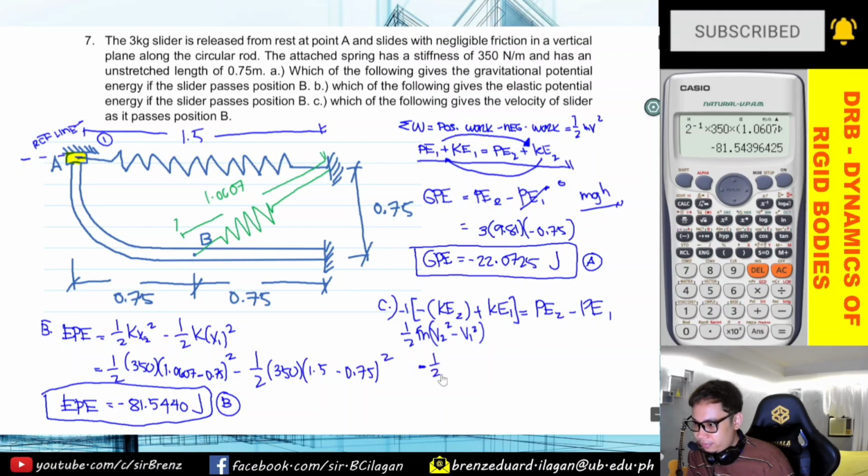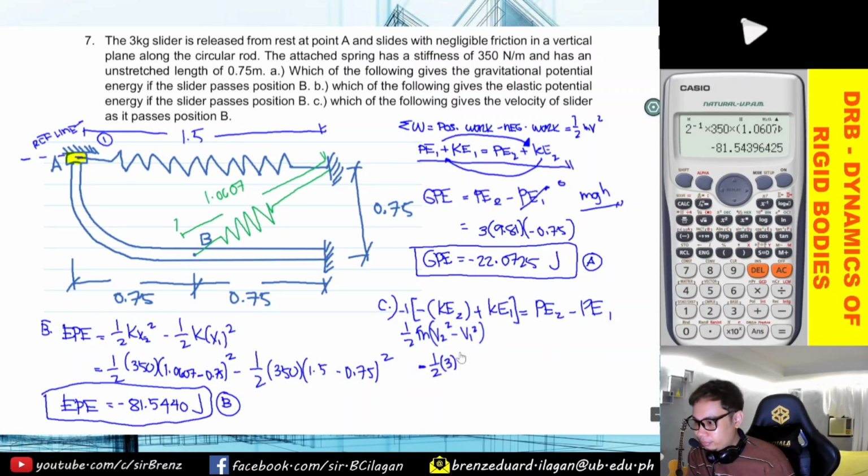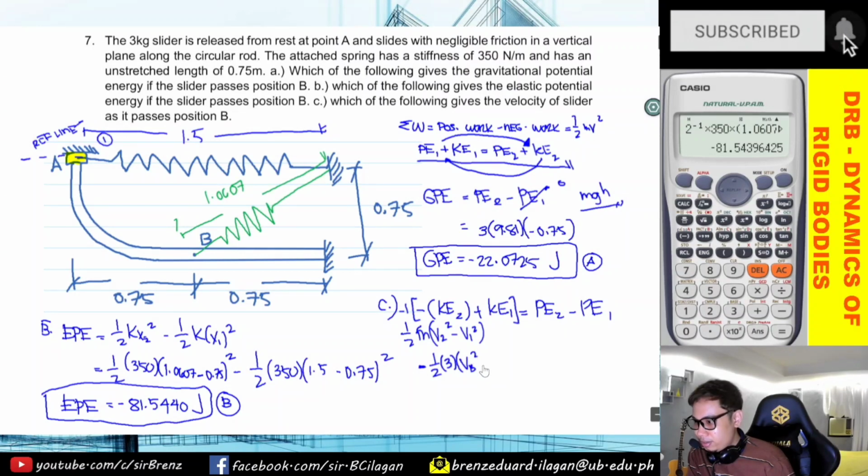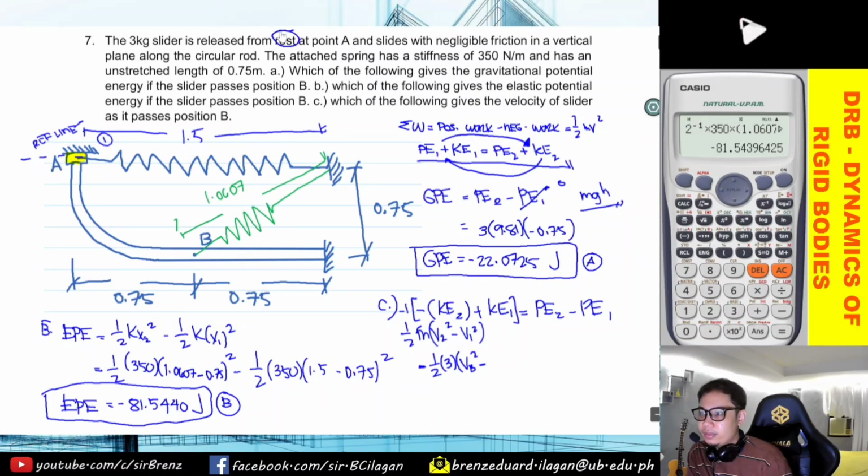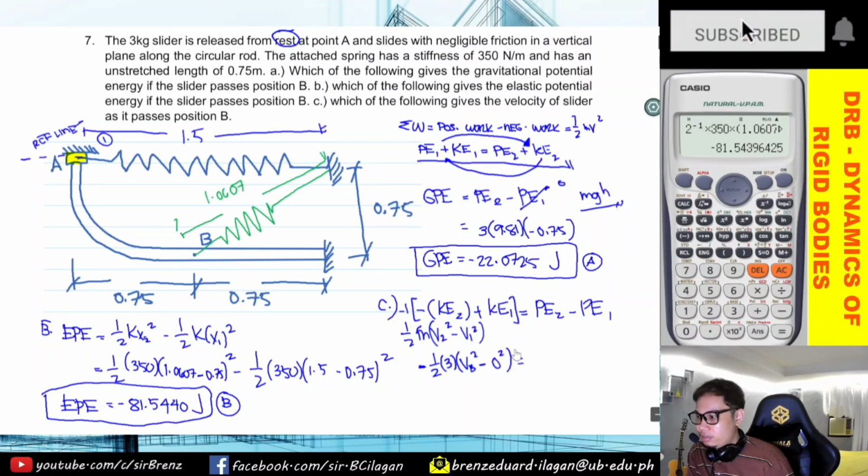So, 1/2 of the mass na 3. So, final velocity niya dito, ito, yung velocity at point B squared, minus yung initial velocity. From where yung initial velocity niya, again, at point A, so sabi naman dyan, so rest, so meaning ito is equals to 0. So equals to yung mga nakuha natin kanina, yung GPE at saka ano. So negative